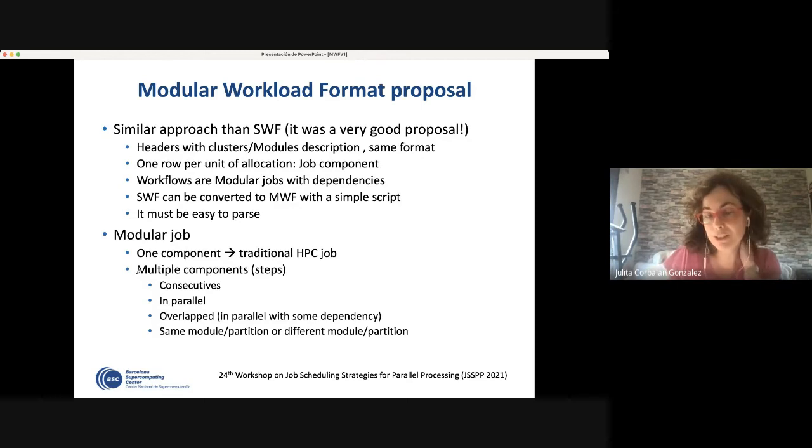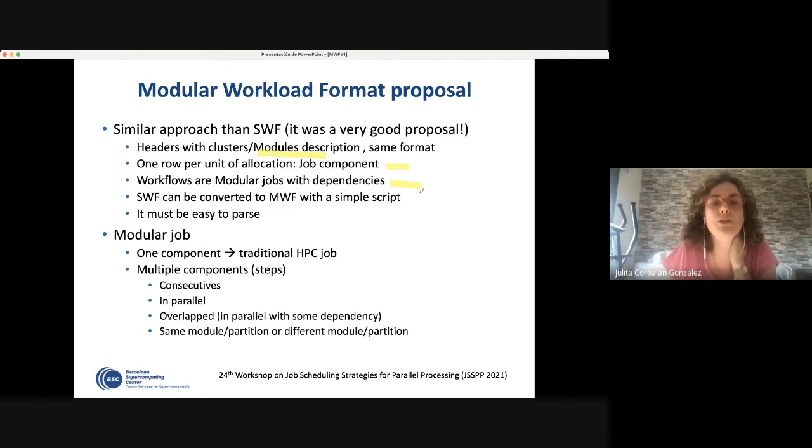So our proposal is to extend and profit from the same ideas that were very good ideas. So having headers with clusters, in that case with the modules, the description of the modules, having one row per unit of allocation, but in our case, it's like a sub-job, what we call job components,